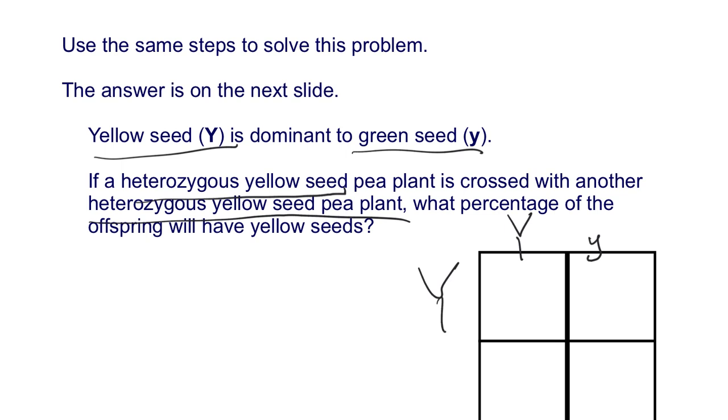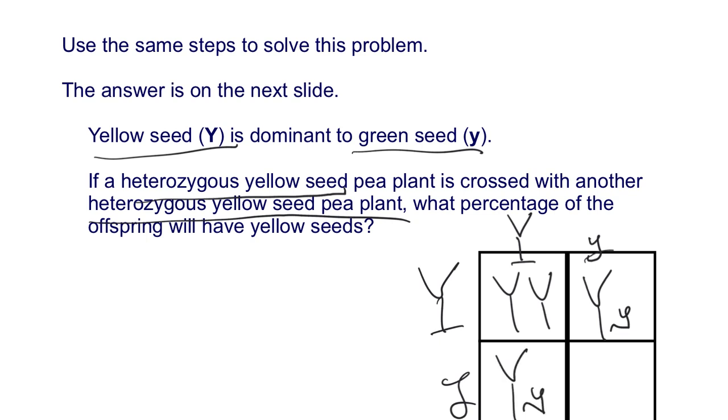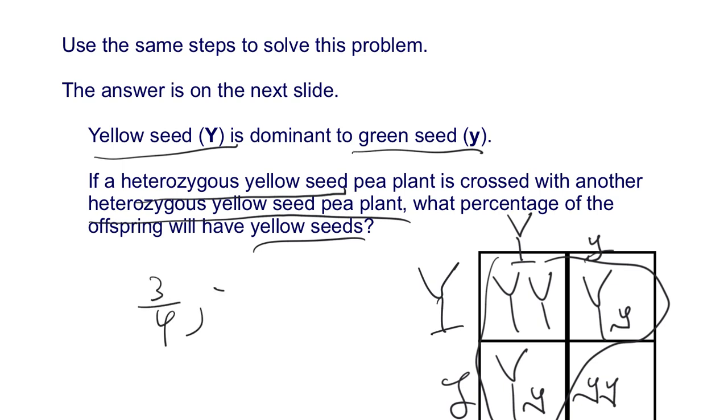So big Y, little y. So big Y, big Y, big Y, little y, big Y, little y, little y, little y. What percentage of offspring will have yellow seeds? It looks like 75%. 3 out of 4, which is 75%. So you could say 3/4 of the offspring. You could say 75% if you want,